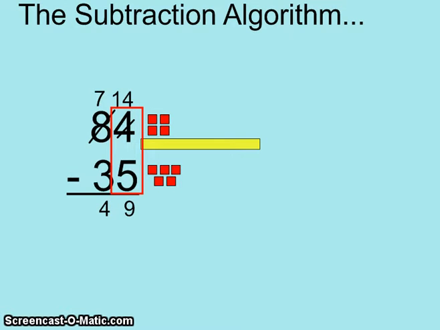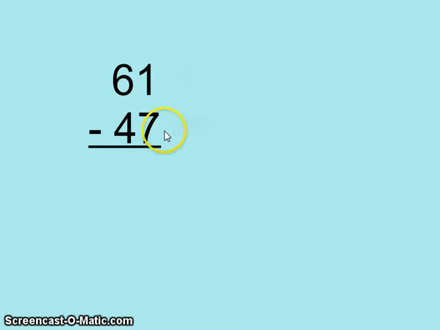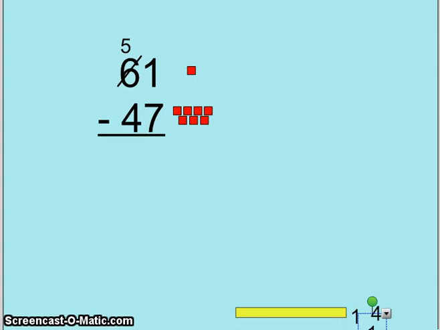Let's try another one. 61 minus 47. Now I have 1 at the top and 7 at the bottom. Can I take 1 minus 7 or take 7 away from 1? I can't. So again, I'm going to need to regroup from my tens place. I'm going to go ahead and take 6 tens and take 1 away. So that will become 5 tens. I'm going to give that 1